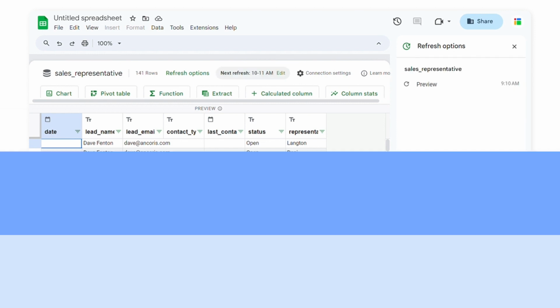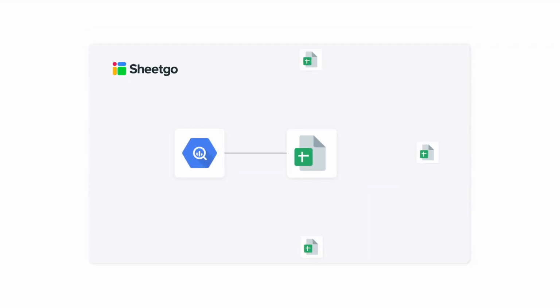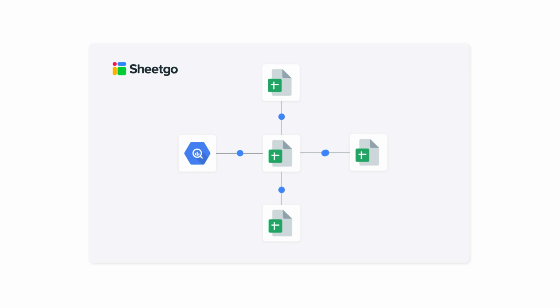Another option is to connect Google Sheets to BigQuery automatically using Sheetgo. Sheetgo allows you to create multiple connections on top of your spreadsheets and BigQuery data. It also enables you to build end-to-end workflows and automate entire business processes using your BigQuery data. Another advantage is that Sheetgo has a very user-friendly interface that allows you to transfer, merge, filter, and split data